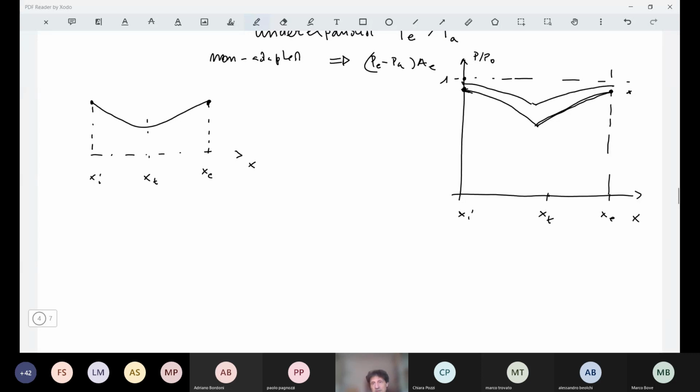Corresponding to different values of ambient pressure. I'm changing here, on the right-hand side of this figure, I'm considering the solution corresponding to different values of ambient pressure. So you see, these are two possible conditions with only subsonic flow. We know how to manage it because we know the relation between area ratio and Mach number, or area ratio and pressure ratio, as we have seen